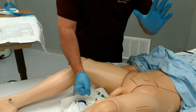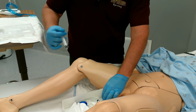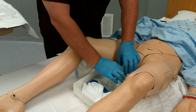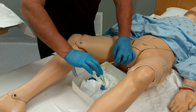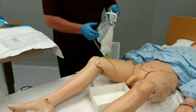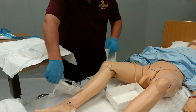Now that I've got that all the way down, I want to hold pressure there. All the sterile part is in, so I can let go, so I can touch here and pull that off to keep that water in there. This can be thrown that way, and then I will gently tug back until I get some resistance. And then what I'm going to do is take this out of there. I will secure this